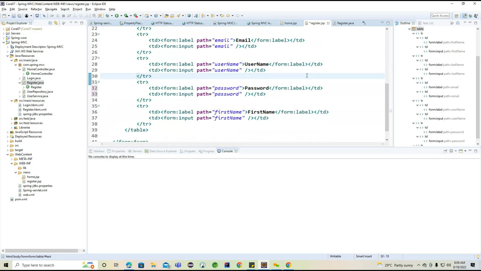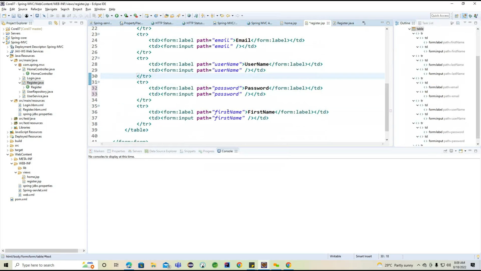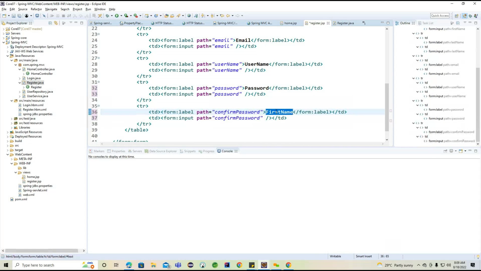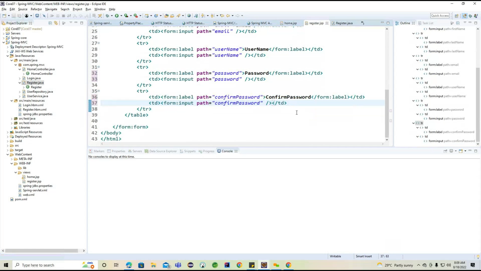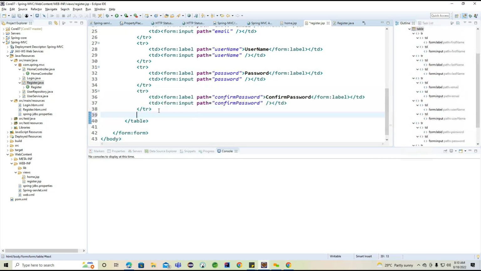Password, and we'll go for the last one. Okay, confirm password. Now, so what we need to add here, we need to add another important section, button here. So for this particular button also we need to copy one more tr,